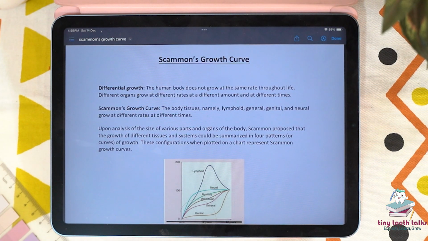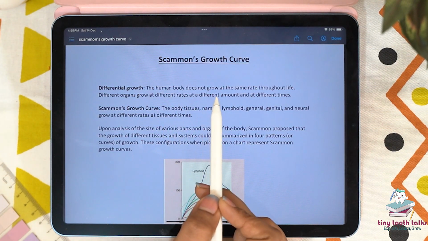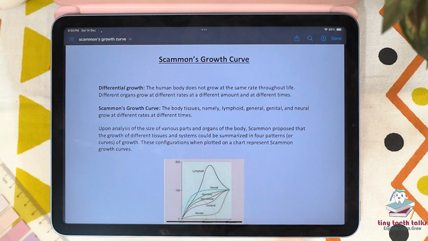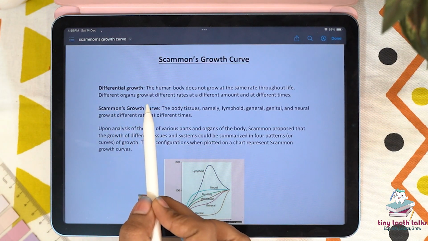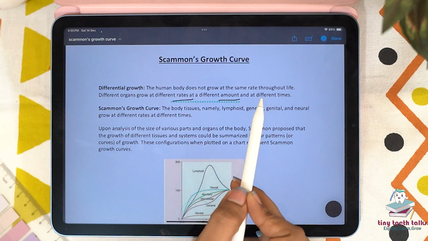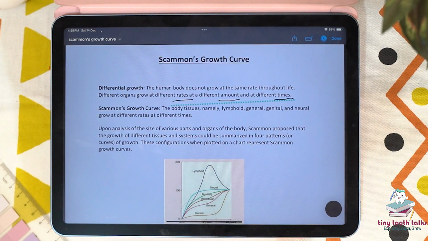Today we will discuss the Scammon's growth curve. But first we have to understand what is differential growth. The human body does not grow at the same rate throughout life. At some age it grows faster and at some age it grows slower. So different organs grow at different rates, by different amounts, and at different times, known as differential growth. This concept is particularly significant in dentistry, especially in orthodontics and pediatric dentistry, as it impacts the development of